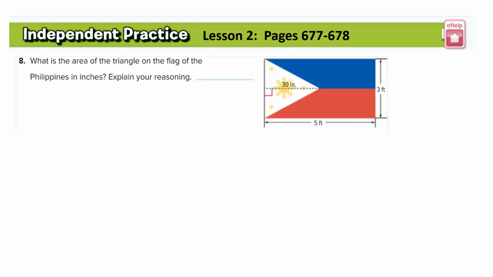Question number 8. What is the area of the triangle on the flag of the Philippines in inches? Explain your reasoning. Now this is a challenge question, and the reason why is because not all of my units are in inches. Here we have inches, but here we have feet, and here we have feet. So the very first thing we need to do is to convert the